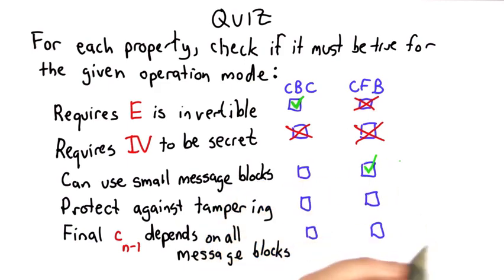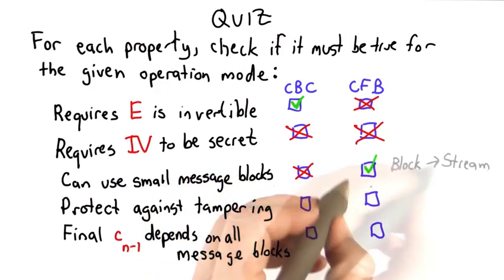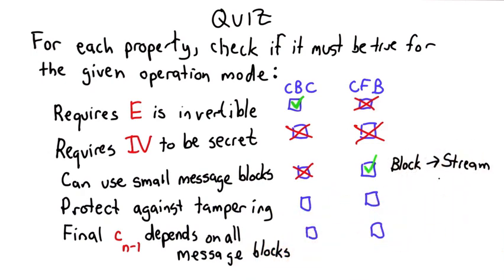We can select the value of S and only encrypt the message in chunks of size S. This means we can use this mode to turn a block cipher into a stream cipher, where we're encrypting messages 1 byte at a time, if we wanted to do that. It's not necessarily the best way to design a stream cipher, because we're doing a lot more work than might